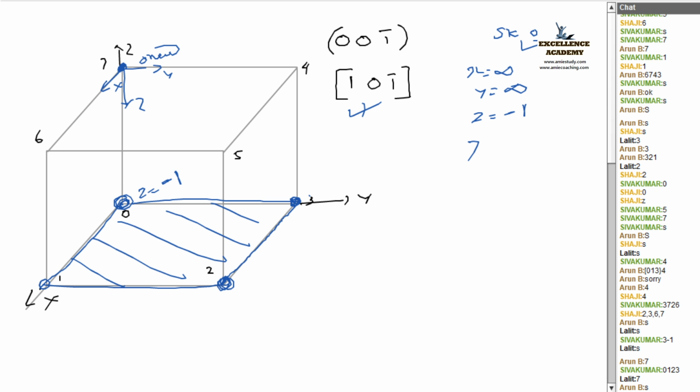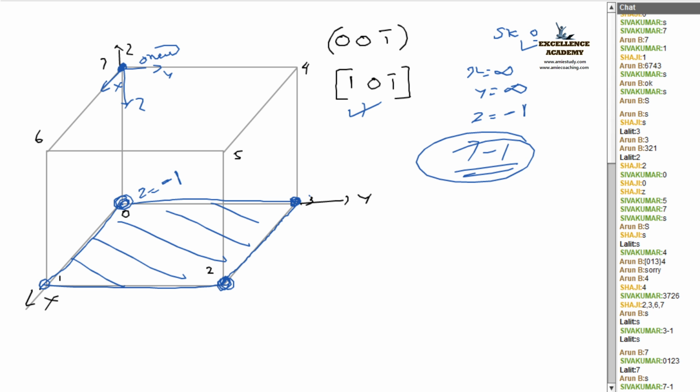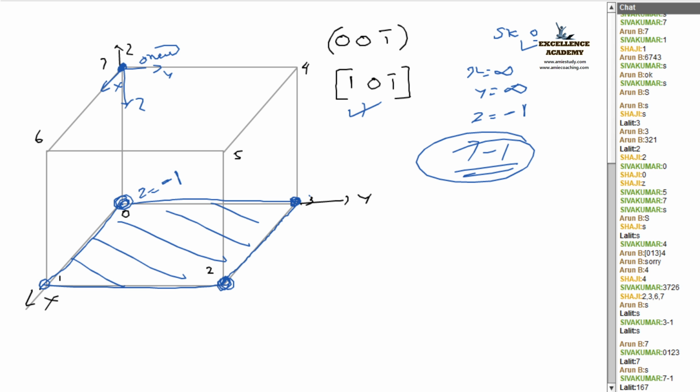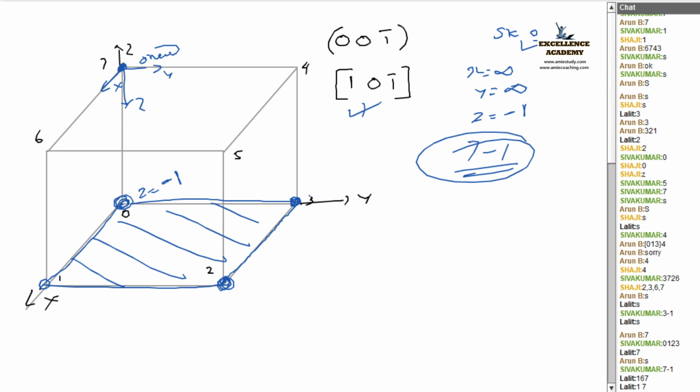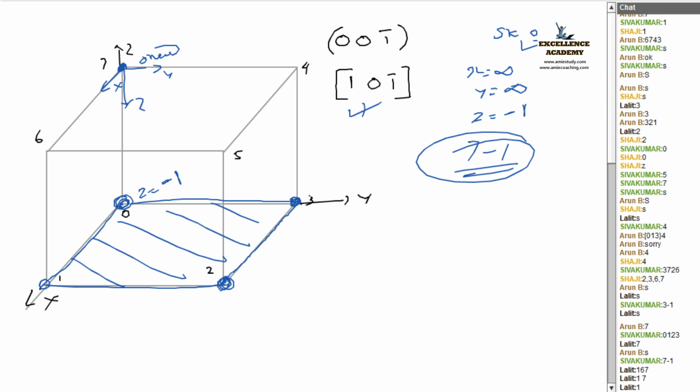Shivakumar says that it is 7, 1. I want the initial and final. Where is the arrowhead? Arrowhead is towards the 1, isn't it? So how to draw this one? It is enclosed in square bracket. So the origin is the same itself because z is equal to -1.